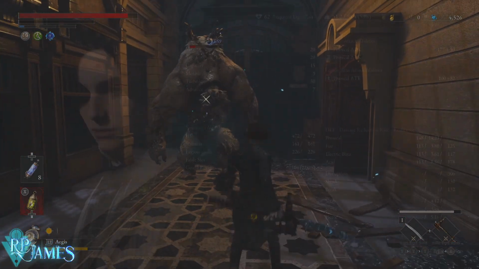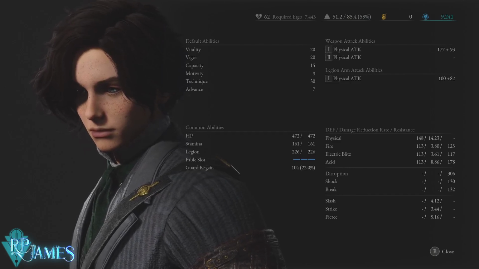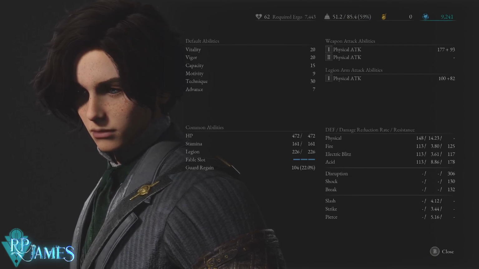Things that you should be prioritizing early on as you are leveling up is of course going to be technique. Now, vitality, vigor, and capacity, that is needed very much for pretty much every single character, and I'd say that 20 on early stages of the game, mid-game, is more than enough. It's not going to completely fill your health bar, but it's just more than enough to be able to survive